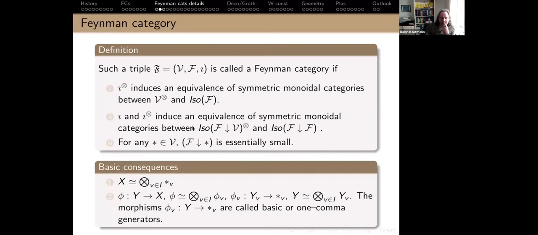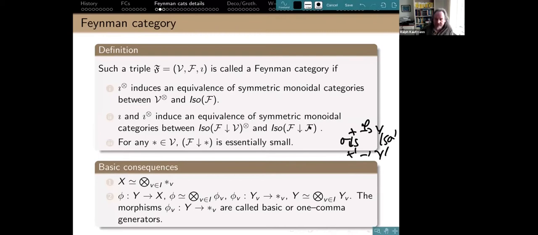And this one says that all the morphisms, actually the groupoid of morphisms, so these are just the maps in F together with diagrams which, maybe I should put this here. The diagrams just look like this. You have a phi here, you have an isomorphism here, and an isomorphism here. And this is an isomorphism going from phi to phi prime. So these are the morphisms in that category. And they're captured by simple morphisms, namely just ones that go from words to letters. So this one is words, and this one goes to letters.